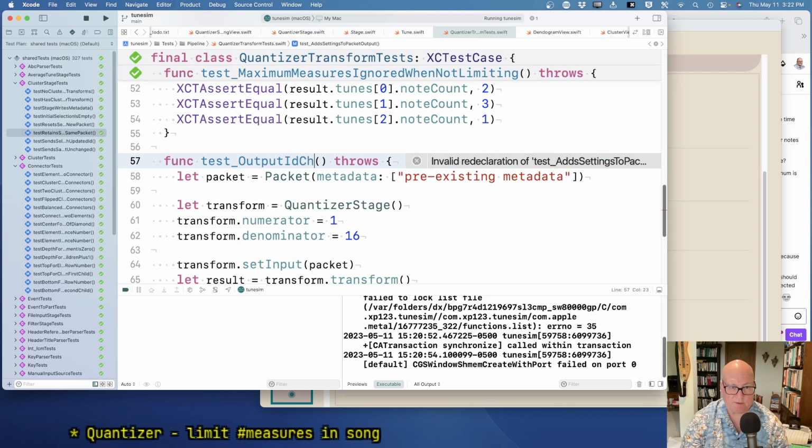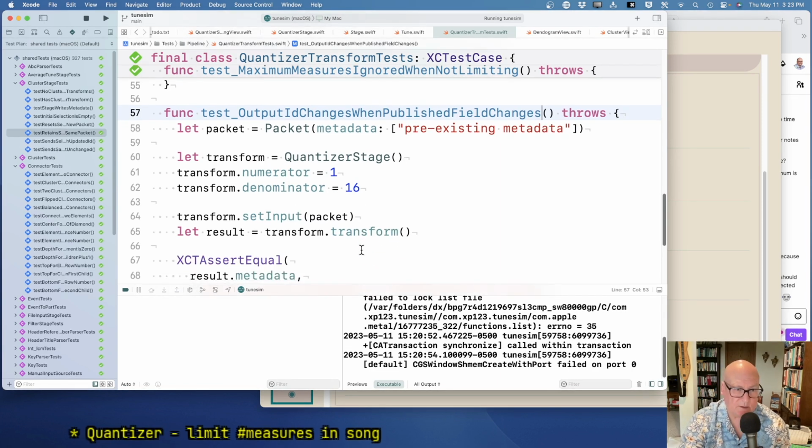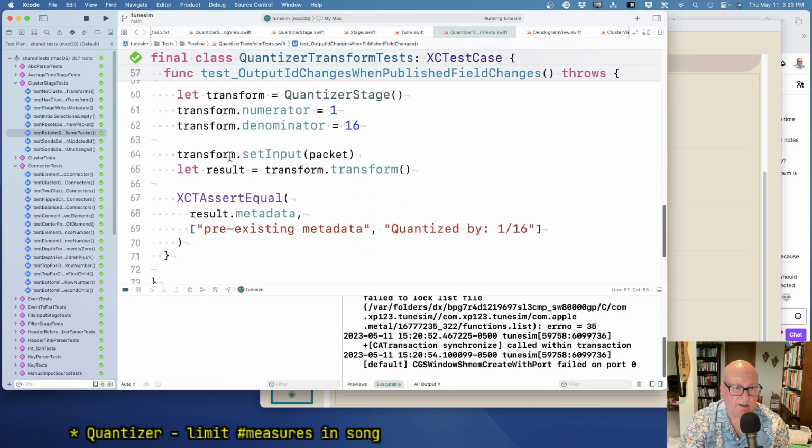Output ID changes when published field changes. Okay, so if I get something,